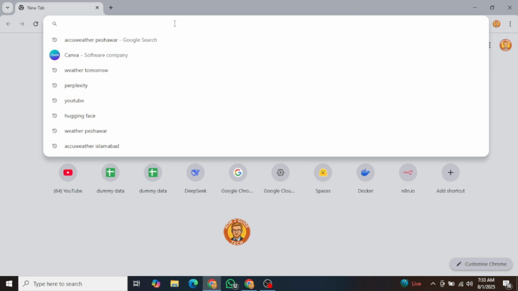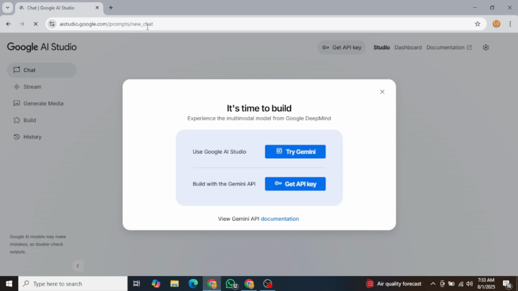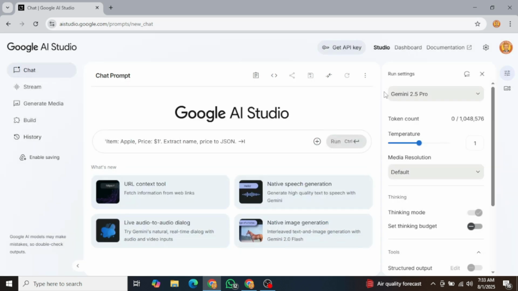First things first, head over to the Google AI Studio homepage at aistudio.google.com. When you first log in, you might see a pop-up with Google's terms of service and privacy stuff. Accept it. Mine is giving options to AI Studio or getting API. Let's close this window. Now you're looking at the main dashboard, your starting point for all the AI tools powered